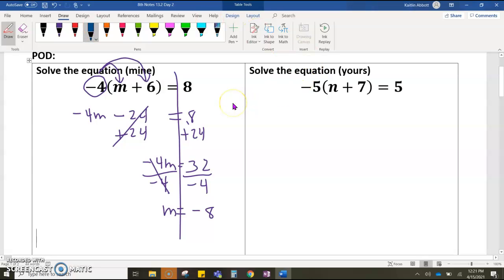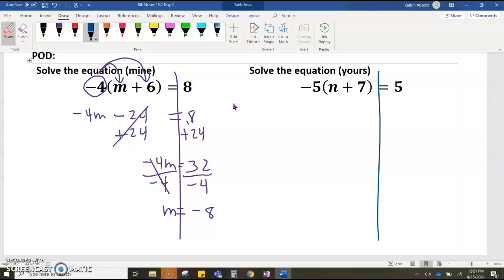Okay, welcome back. Hopefully you split your problem down the middle and you multiplied that -5 to both terms on the inside. Negative times n is -5n. And -5 times 7 is -35. And we'll bring down that 5. Now we got to get n all by itself, so we should have added